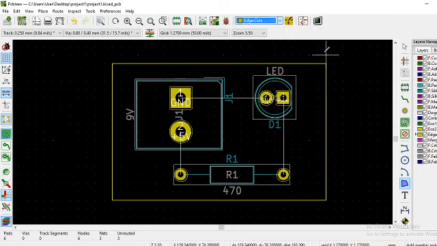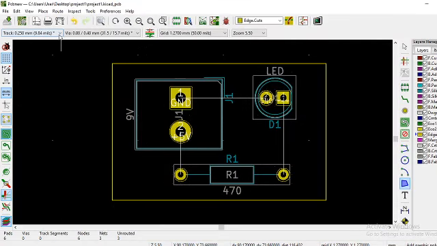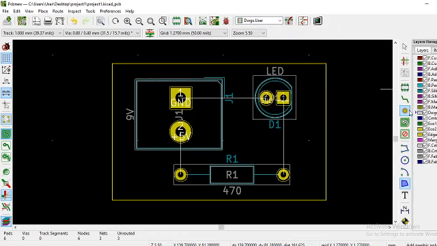Before that, select track thickness. I am going to select 1 mm thickness. There is no 1 mm option, so edit predefined sizes, add 1 mm and click OK. Then select 1 mm thickness, and in order to draw tracks select bottom copper and then select route tracks option from toolbars in right side.